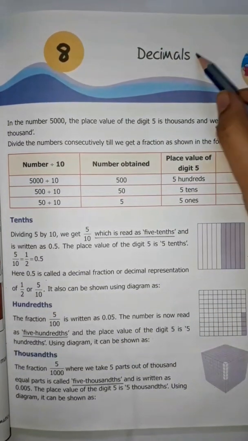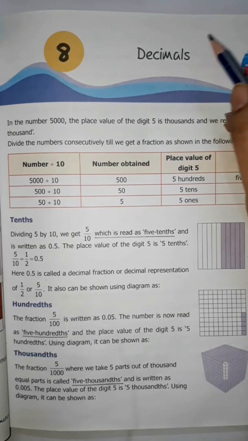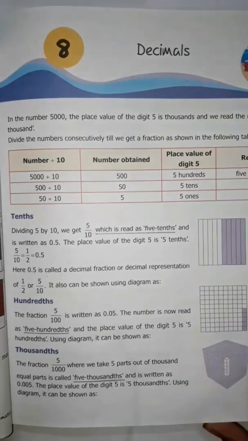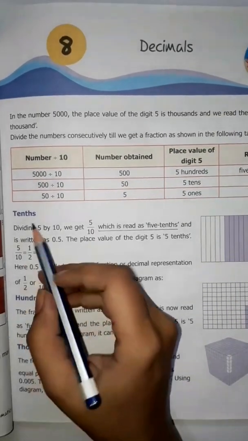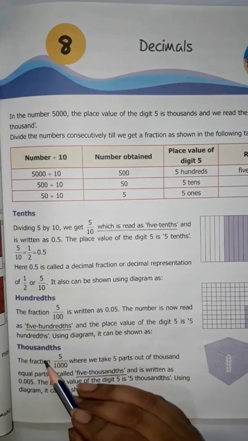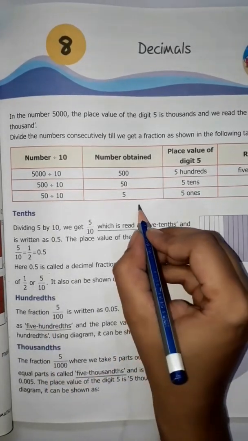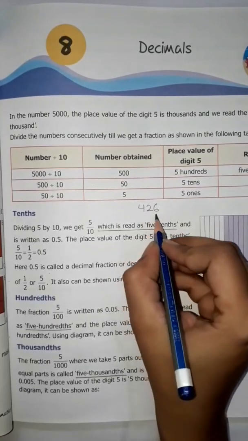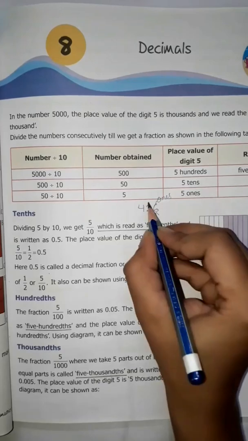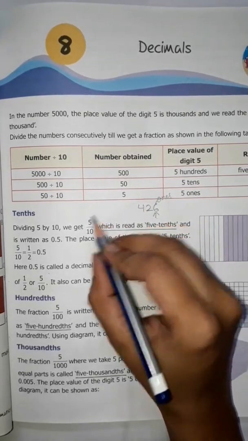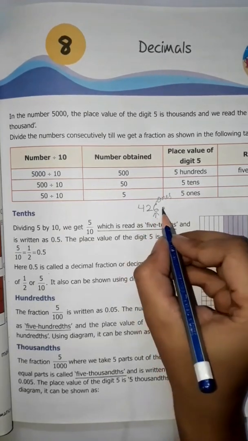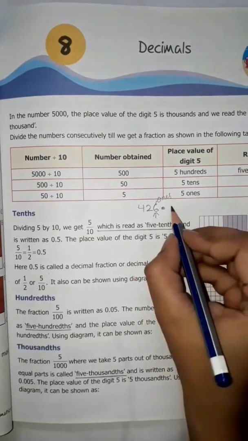You know children, what is a decimal? The decimal is a point that separates the whole number and the decimal part. Now see the place value: tenths, hundredths and thousandths. If I write this number 426 and ask what is the place value of the 6, you will call it ones, then tens, 100, 1000, 10,000 and so on. But if I separate this whole number with a point, this is decimal, and here I write